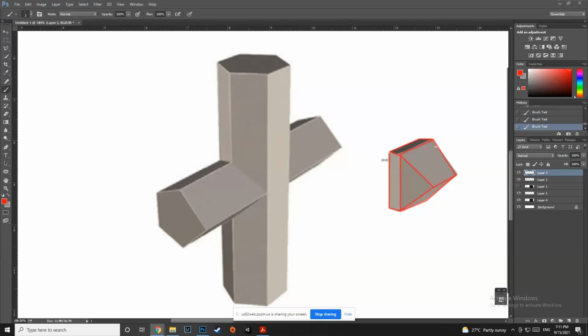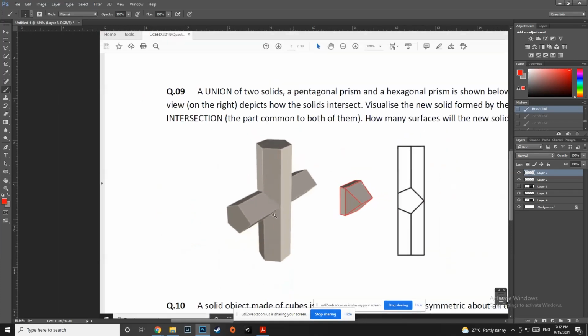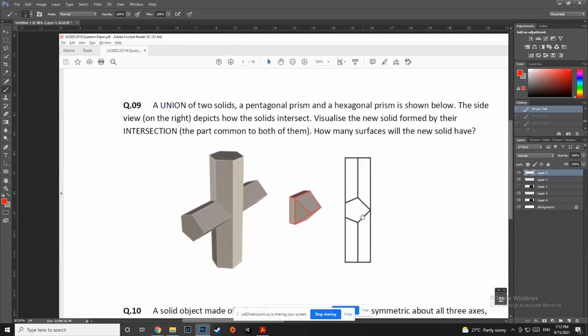Right. So let me just count it for you now. So this will be 1, 2, 3, 4, 5. Then the opposite of these two would be 1 and 2. So one more from here, one more from here. That becomes 5, 7. And then the opposite of these two would be 1 here, 1 here, and 1 here. And you will get 9. That is the total number of surfaces. This was one of the more difficult questions to understand, but this is how they ask you to count surfaces.